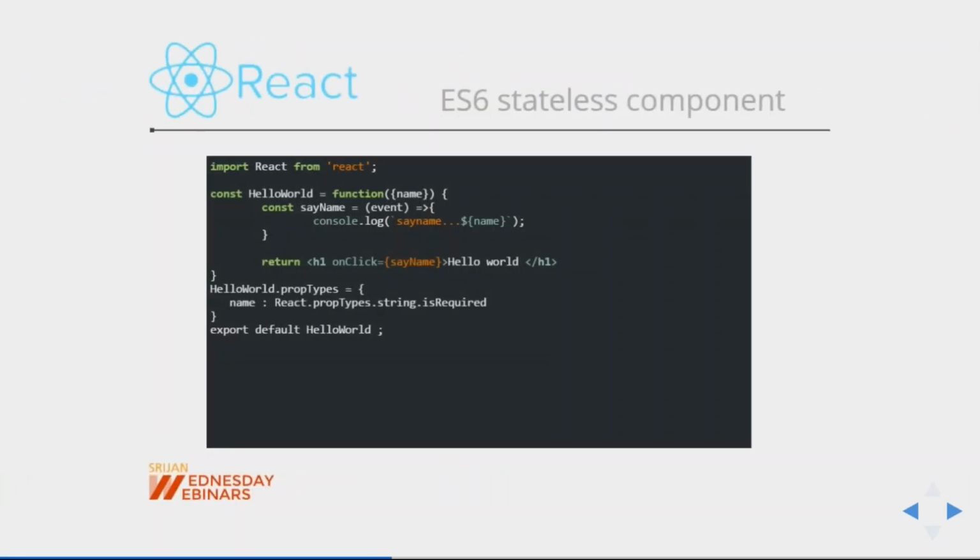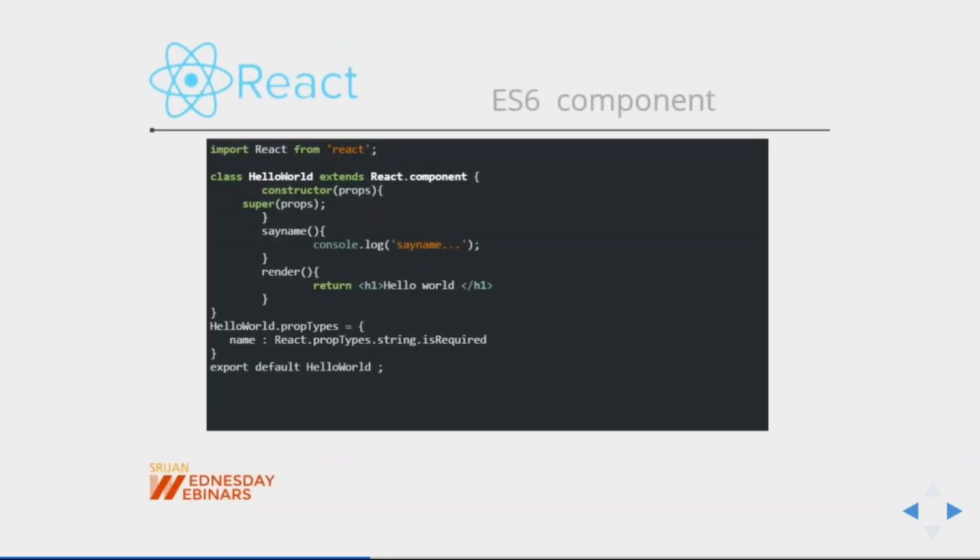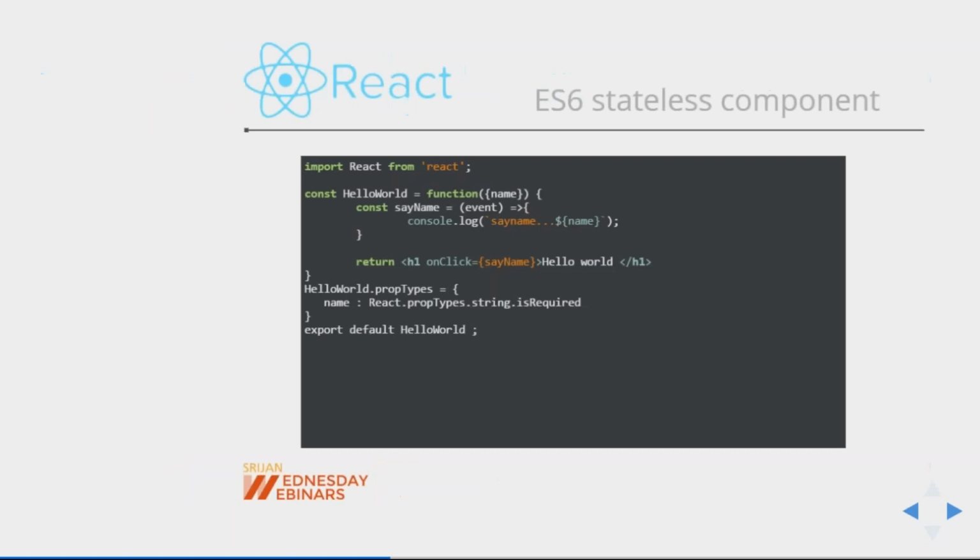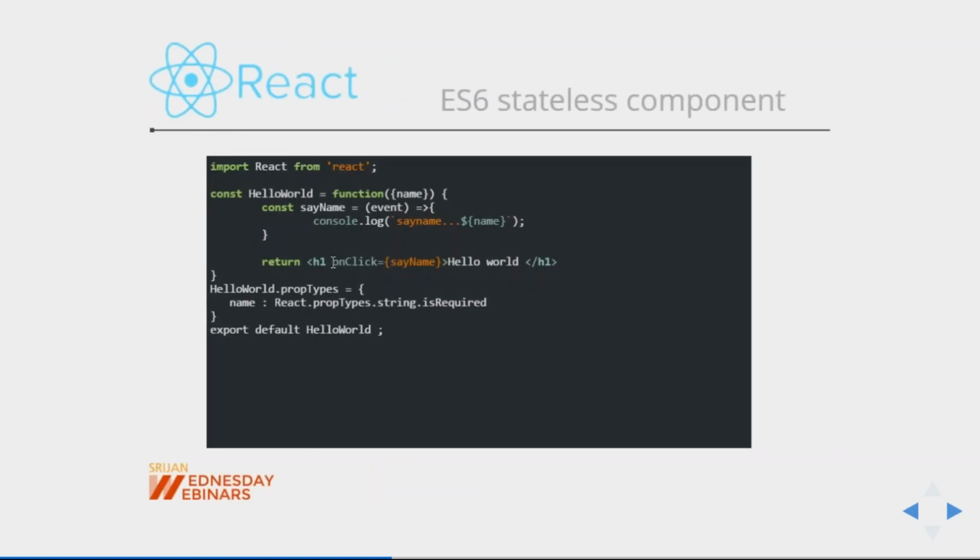So what we are doing is writing the stateless component, and everything is the same. Here we don't have any issues accessing the this object inside the methods. Otherwise, whenever you fire some method, some DOM event in an ES6 class, you are not able to access the this object. In the ES6 class, you always need to bind that DOM event with this object. We don't have any such issues here. Here, I'm firing the on-click event by just specifying sayName, and sayName is nothing but capturing some event and giving the name value. The rest of the things are the same.